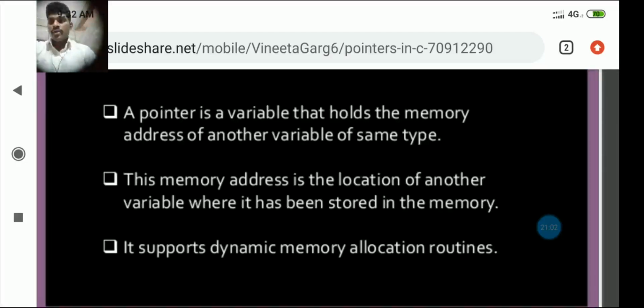So we need not declare previously. It's called dynamic, with changing of memory locations and memory size. So dynamically it's the movement of data in memory based on your requirement.